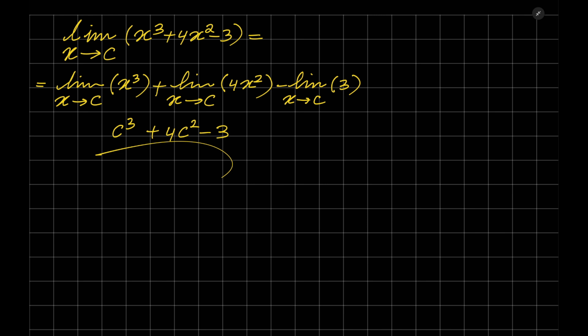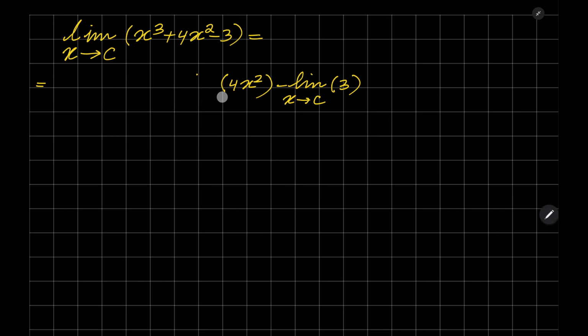For the second example, let me erase this part. Limit as x approaches c, it's a fraction, x to the power 4 plus x squared minus 1 divided by x squared plus 5. Let's continue here. It's equal to